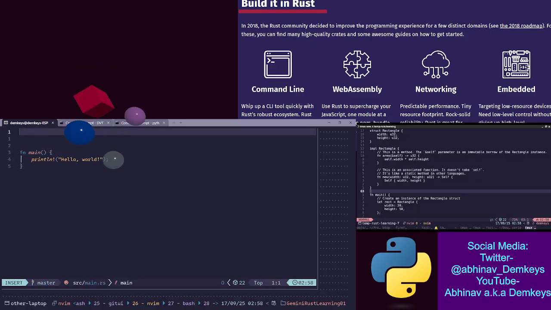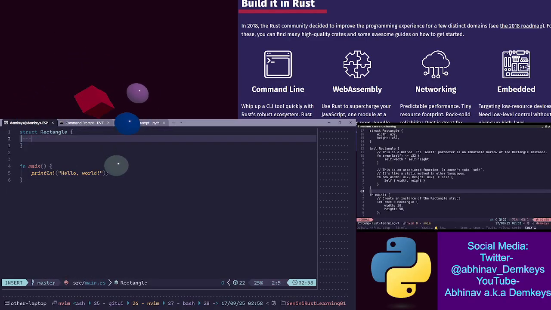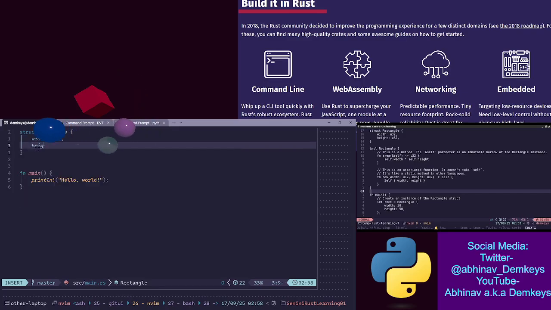Okay, so struct rectangle. In here we want width, which is going to be an unsigned, I'm guessing that's an unsigned 32-bit integer. Then height, which is also an unsigned 32-bit integer.